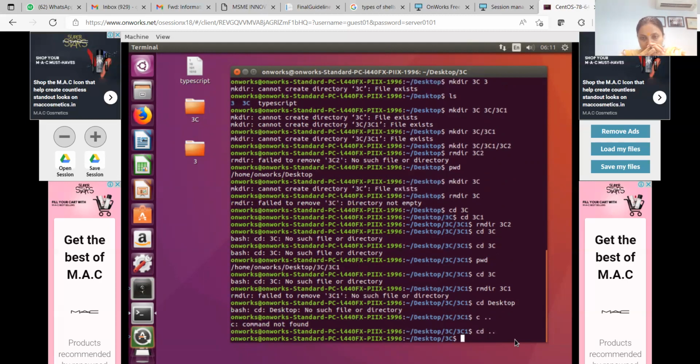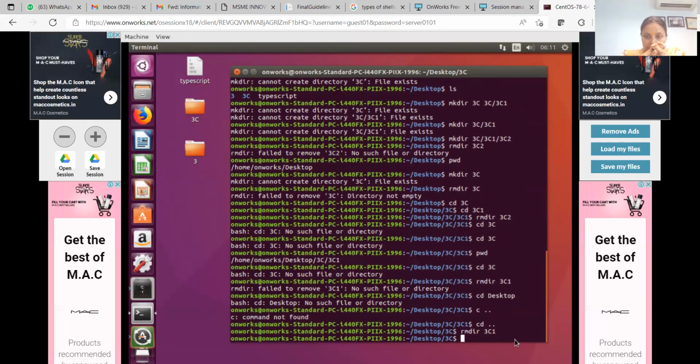Right? I reached, okay, root directory में आ गई मैं, 3C में आ गई। अब रिमूव करके देख लेते हैं। रिमूव dir 3C1,